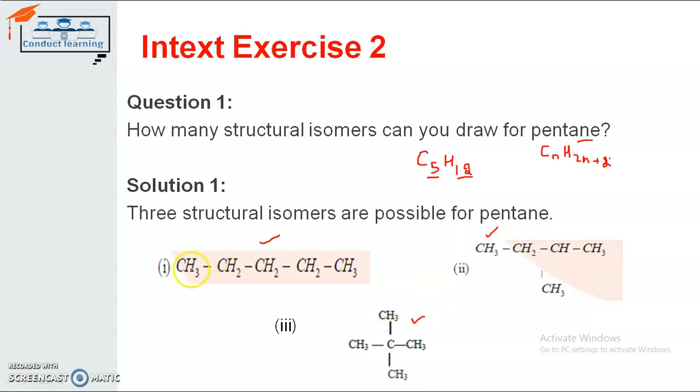You can see here in the long chain structure the number of carbon atoms is 5. First carbon atom, second, third, fourth, and fifth. There are 5 carbon atoms, and accordingly the hydrogen atoms will be 12. That is 3 plus 2 is 5, 5 plus 2 is 7, 7 plus 2 is 9, and 9 plus 3 is 12. So it has 12 hydrogen atoms. You can draw its structure also, like C, C, C, C, and C, the 5 carbon atoms.